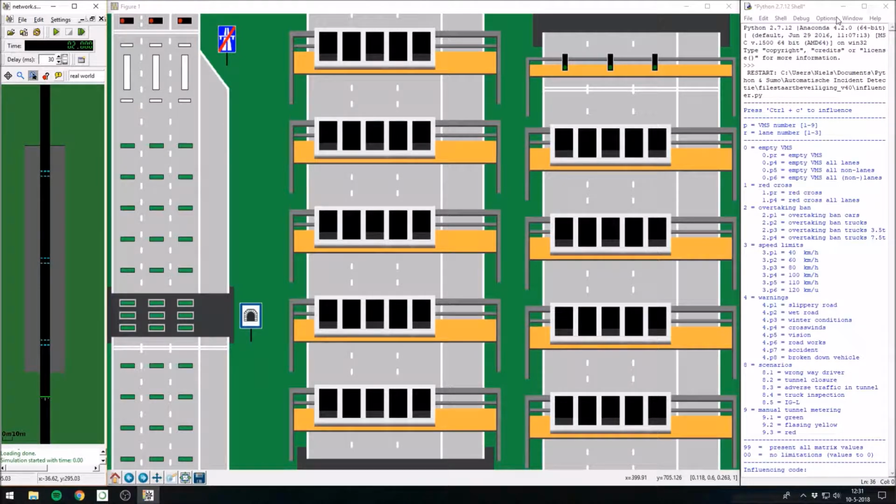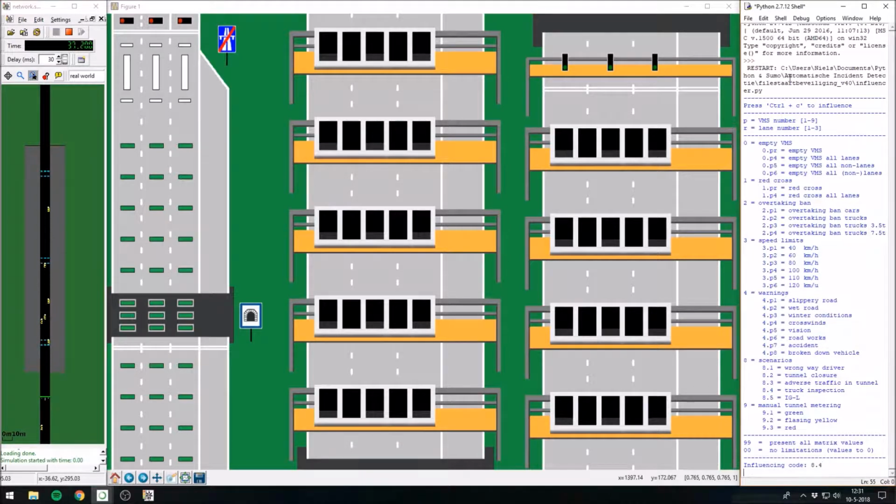So first off, I would like to start with presenting a truck inspection scenario, which can be found in real life at the Austrian A10 and A12 motorways. So let's make sure that the traffic is running, and let's start the truck inspection scenario, which is 8.4. Let's do it. Okay, so what you can see is that at the third variable message sign, no trucks are